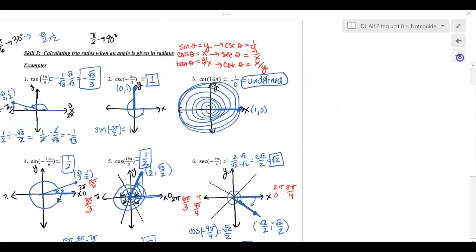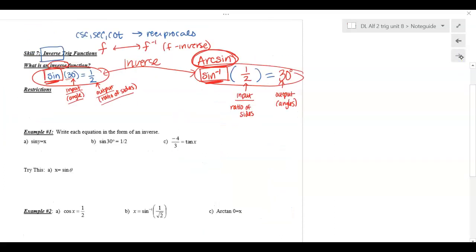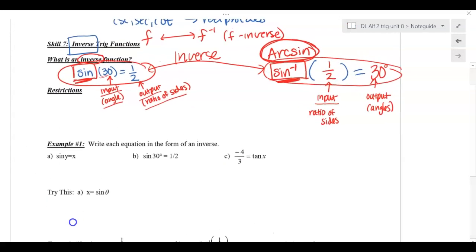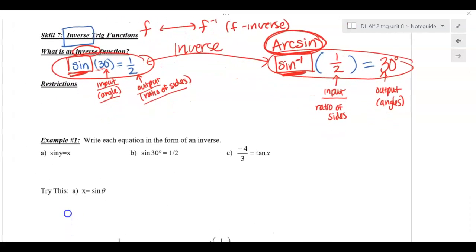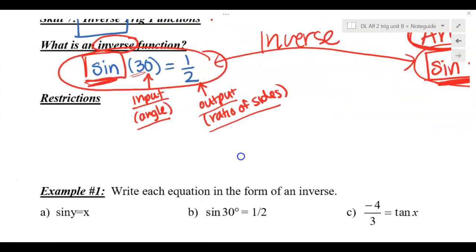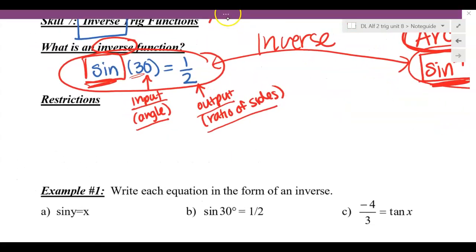We don't want to get infinitely many solutions. We want to get the same solution that your calculator is getting. So in order to do that, they had to put some restrictions. And so it's going to be important for you to memorize these restrictions, or you might give the wrong answer. You might be giving me a coterminal angle instead of the actual answer that I'm looking for. So for our restrictions,